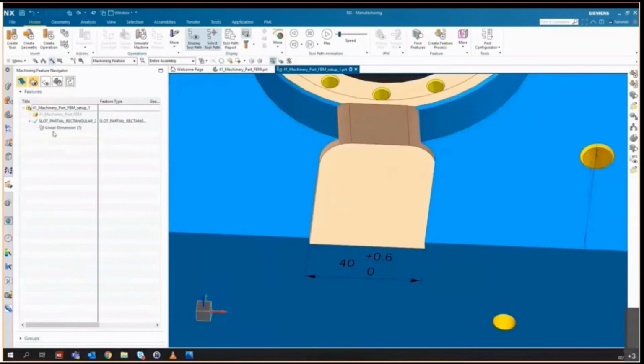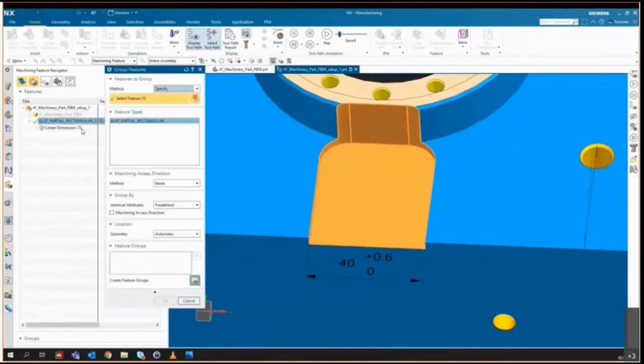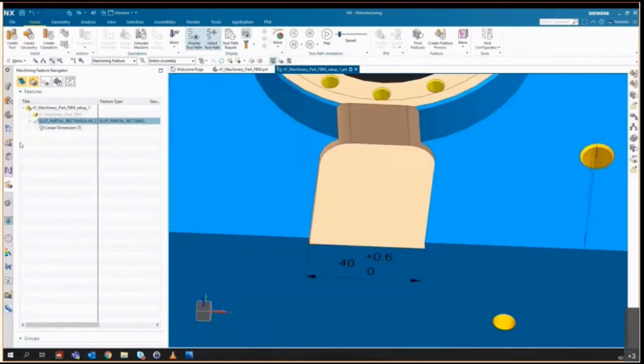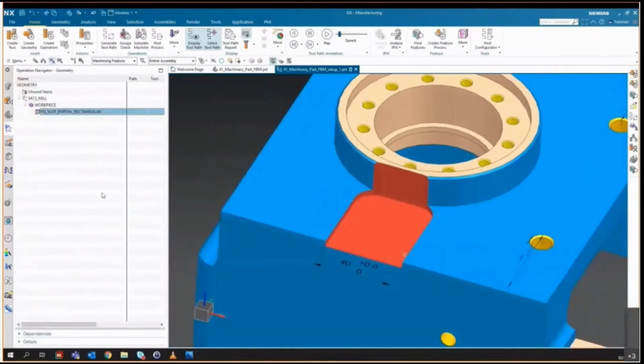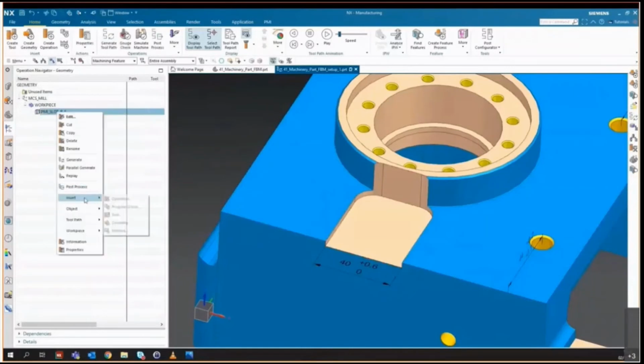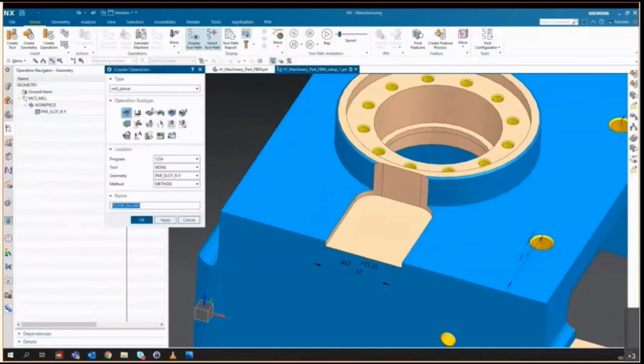And then the same as what Steph did, what we're going to do is create a feature group on this feature. The feature group allows us to then create the specific operations that we want to attribute to the feature, and as Steph did before, teach those back. So again, I'll just rename this something logical. I'm going to call this PMI slot because it's PMI on the slot, and that's the example. And I'm going to put R and F because I want to rough and finish this operation. If I was looking at this from a machinist point of view, plus 0.6, less nothing is quite a big tolerance.